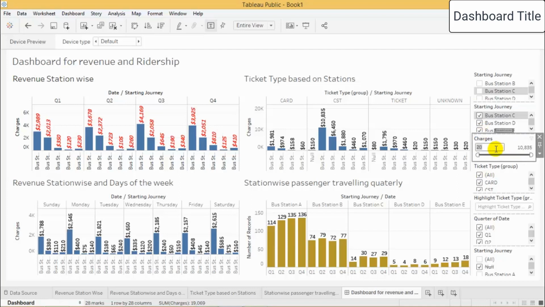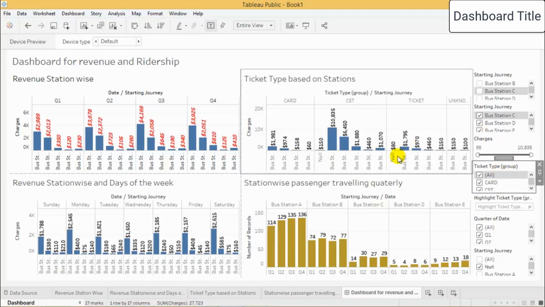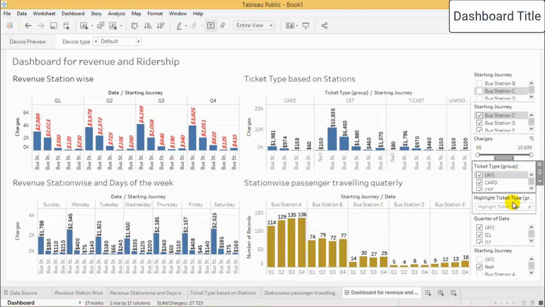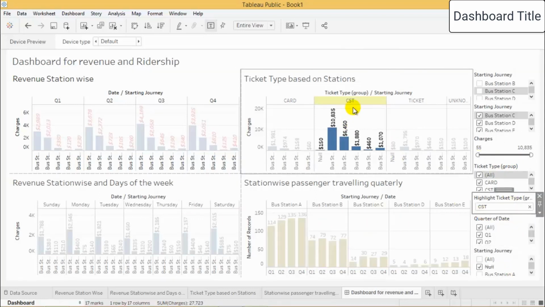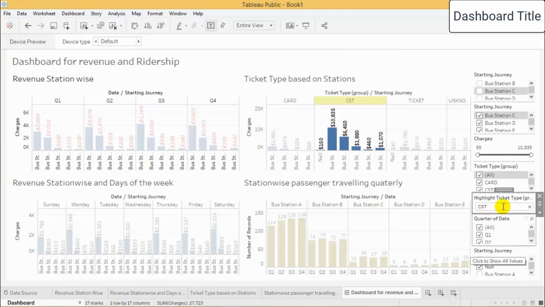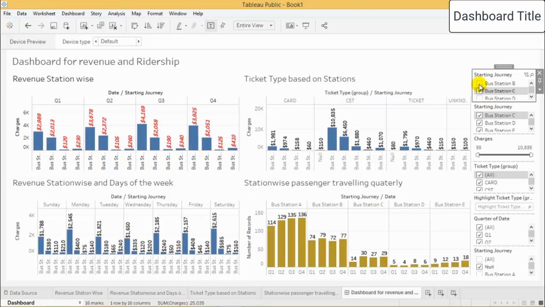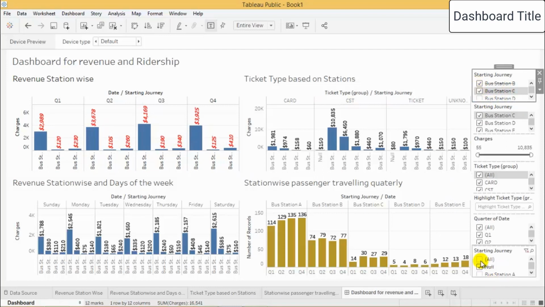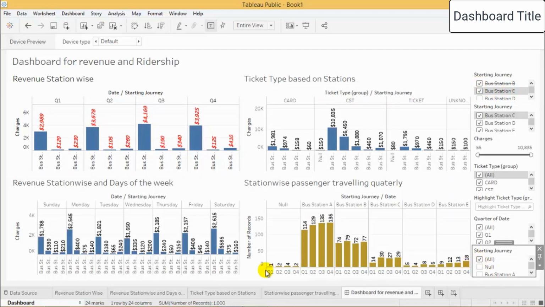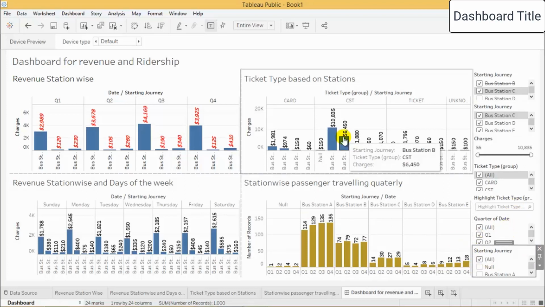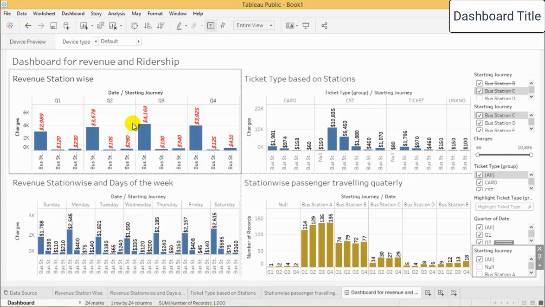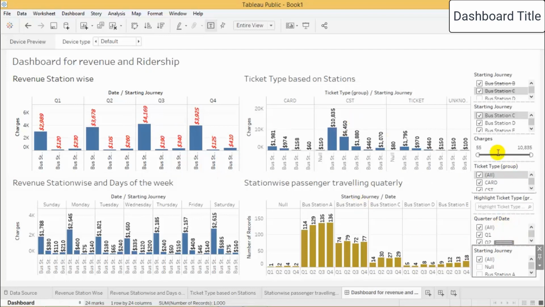If we click on charges from 55, it is only associated with this one. And if we select these two things, it is only associated with this one. If we select all over here, it is only associated with this one, right? So the main thing is, this is a single one, and how am I going to understand, because once a dashboard is